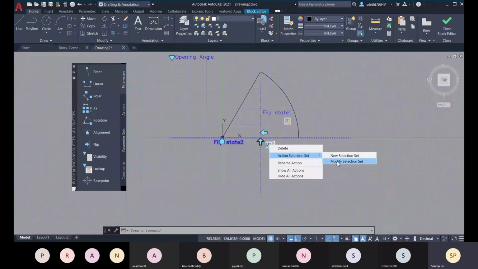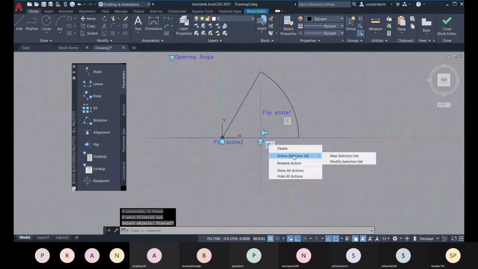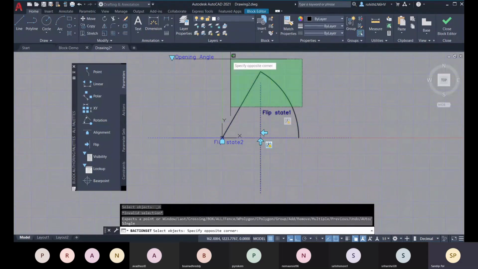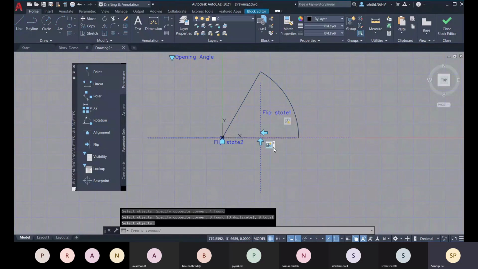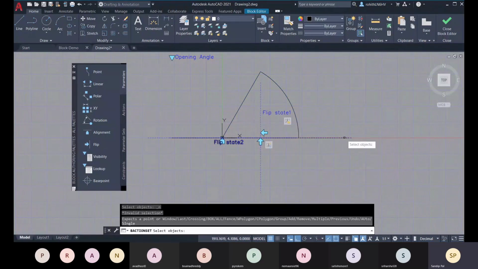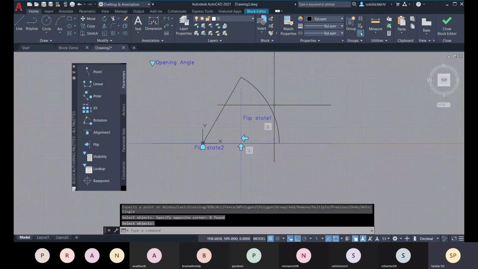Let me go for this modify selection set, and let's select this object, select your object, enter. Then again go for new selection set, and you select all of this, enter. Okay, so that you have done.